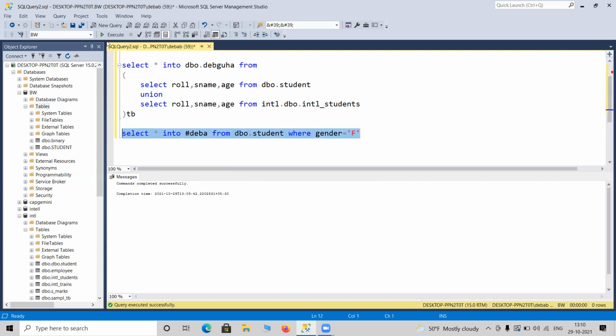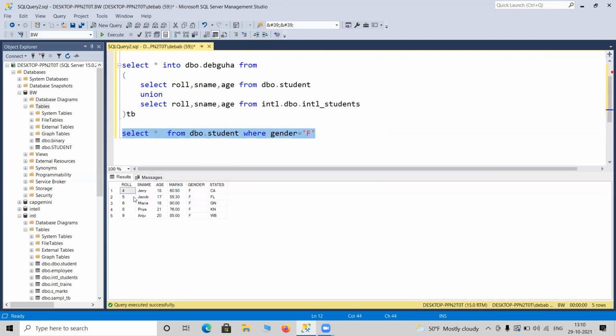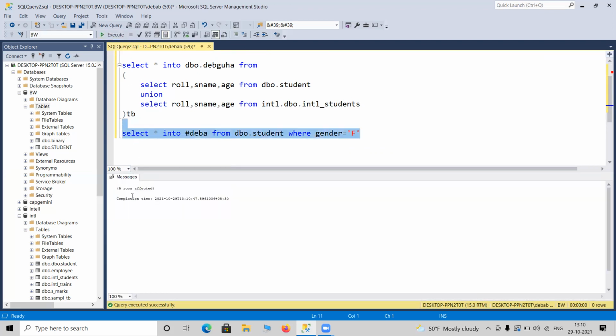First, let me check what is inside the query. What is the output of this query? It is going to show me 5 records. I want to store this data somewhere, so I can place INTO any name before the FROM clause. If I run this query, it is going to create it.